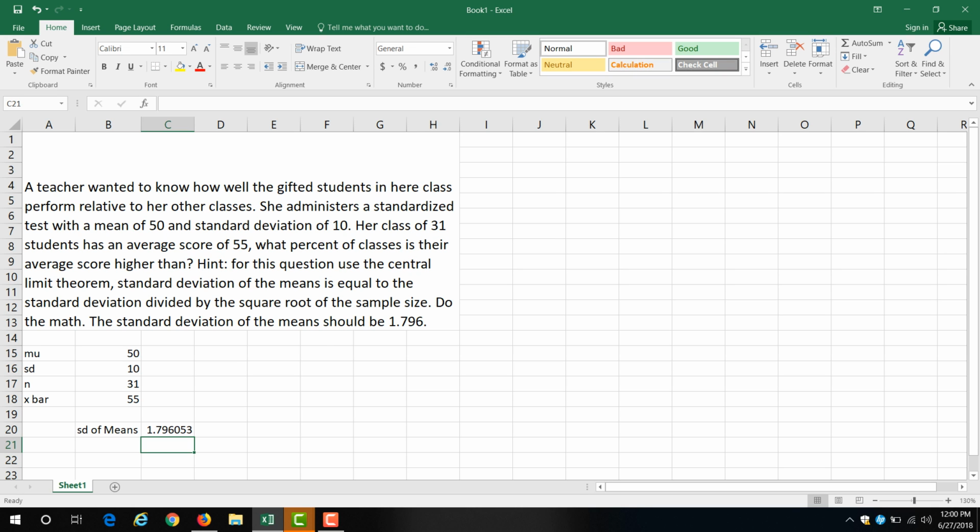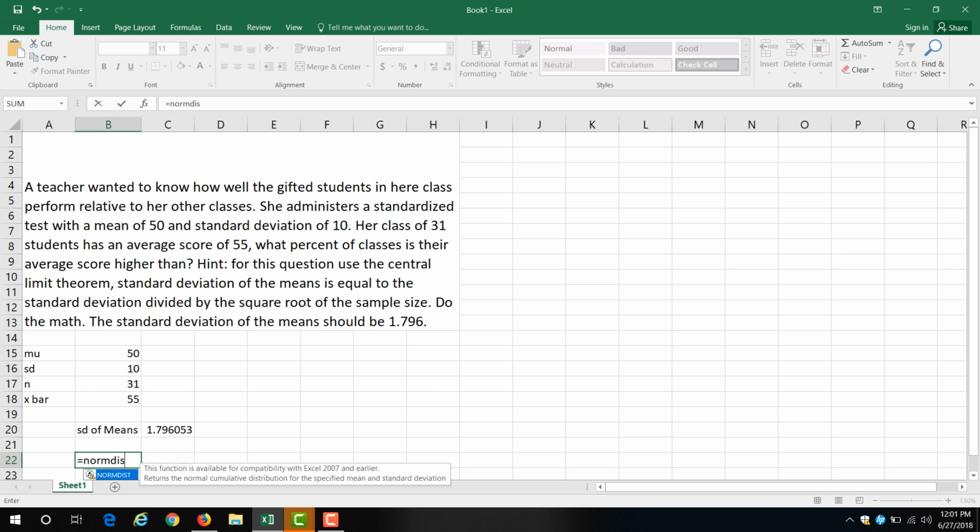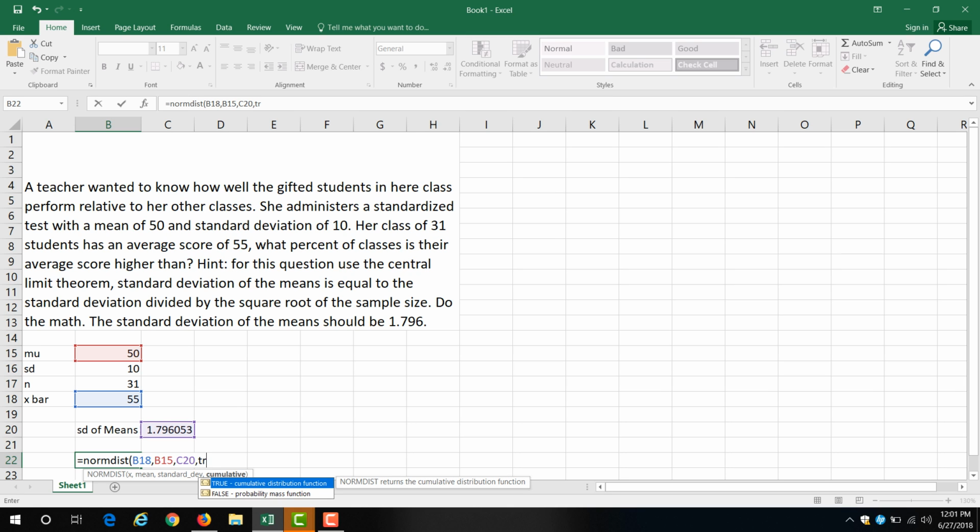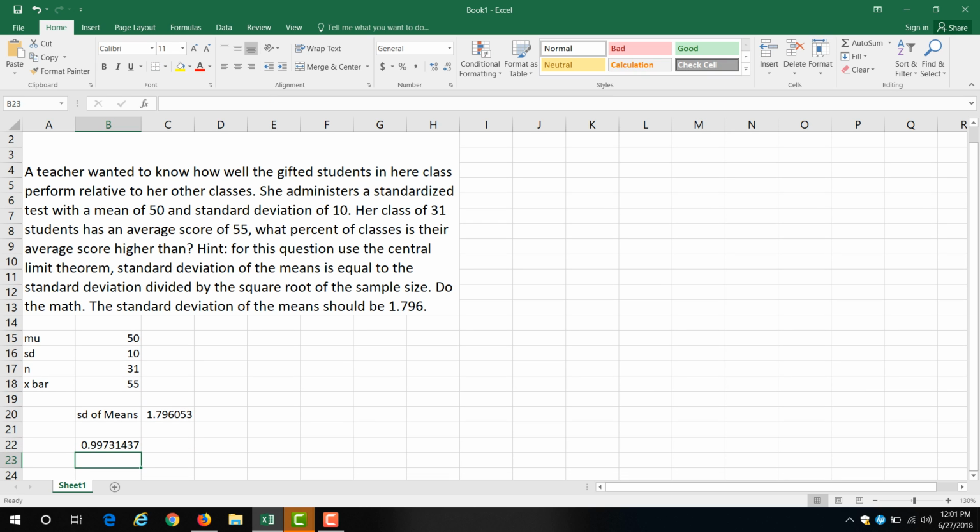1.796. Now again, I want to know what percentile they're hitting at. So what I'm going to do is remember that we use the norm disk. Remember that video, that's the one we're going to use. Okay. And my average is 55. The population average is 50. My standard deviation, instead of using the population standard deviation, I'm going to use the standard deviation of the means. And I want it to be cumulative. I want to know what percentile it is. Hit true. Enter. I end up with